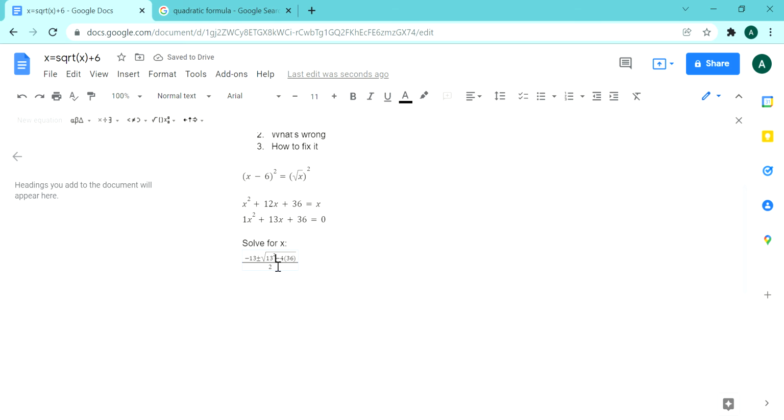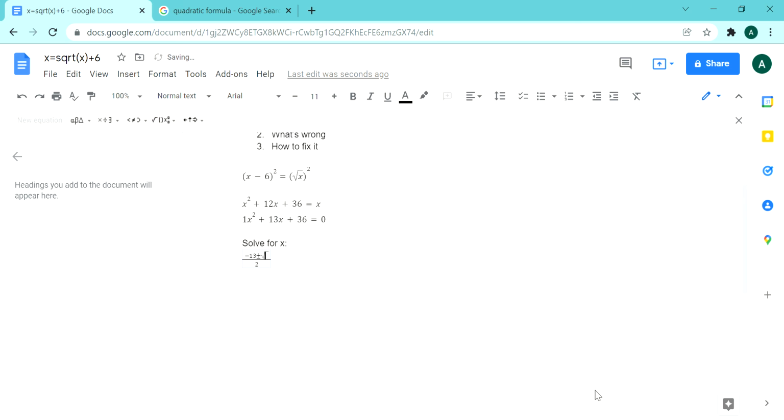Then 13 squared is 169, minus 4 times 36, which is 144, so negative 13. So 169 minus 144